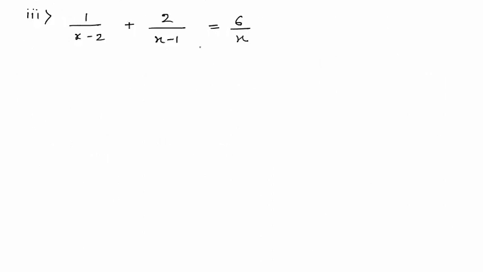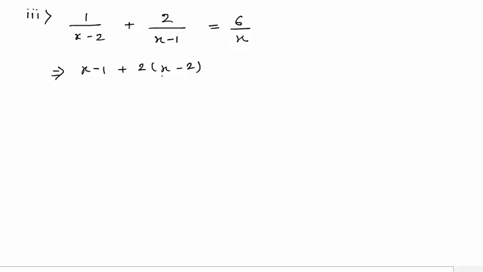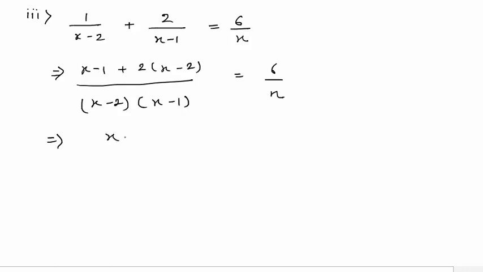Now this problem is not in the standard form. So first we convert it in standard form. What we do on the left hand side, we cross multiply. So I will get x minus 1 plus 2 times x minus 2 whole divided by x minus 2 into x minus 1 is equal to 6 upon x. This will give me x minus 1 plus 2x minus 4 whole divided by